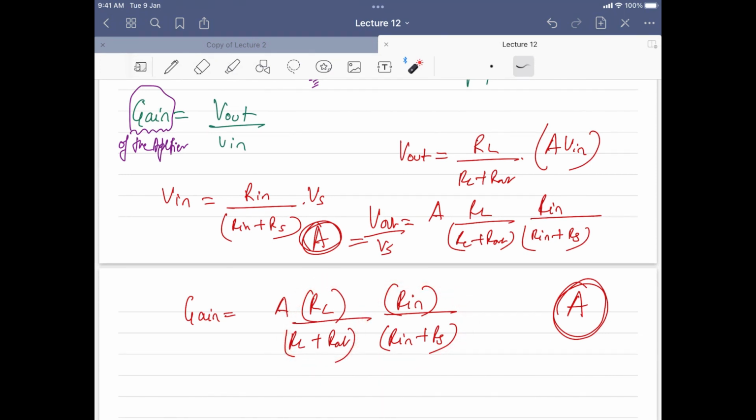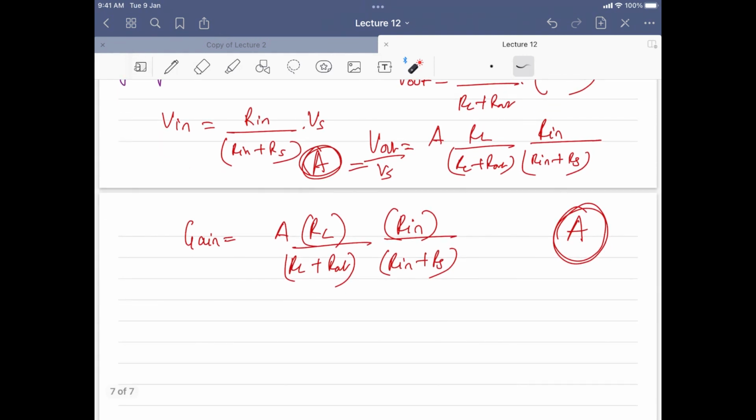Sir, we can just remove that R out and RS. R out and RS cannot be removed, but you are very close to it. The problem is, can you tell me the exact figures, like what will that be? R out. Sir, the value of RL will be equal to RS. Zero. Tending to zero. The value can be zero. So the value of RL will be the addition of RIN and RS. So will you all agree that R out has to be very, very less than RL? Okay. And then, what will be the second one?